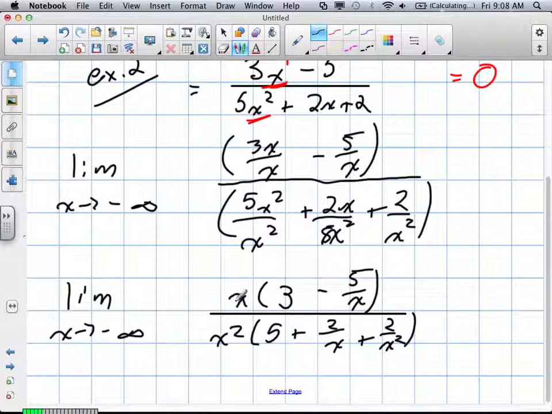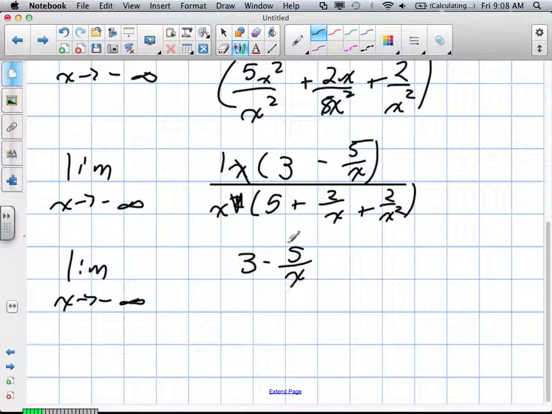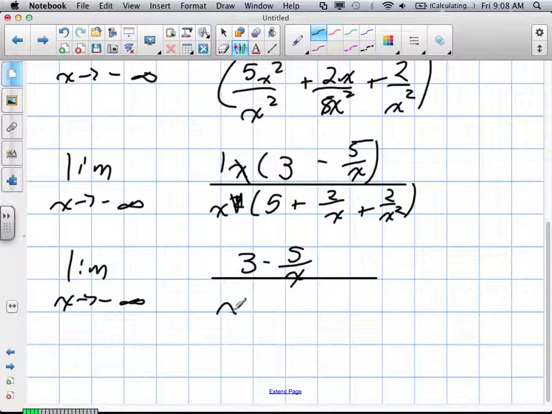When we go to simplify this function, this will become a 1. This essentially will just become an x on the bottom. So the limit as x tends to negative infinity, we're left with 3 minus 5 over x, divided by our term x, and then 5 plus 2 divided by x plus 2 divided